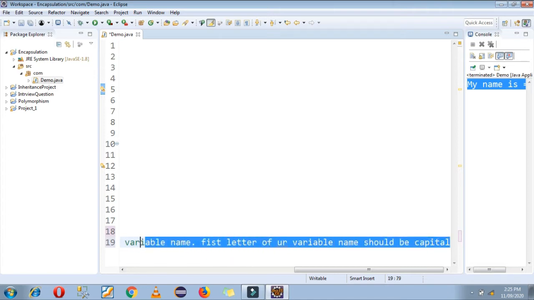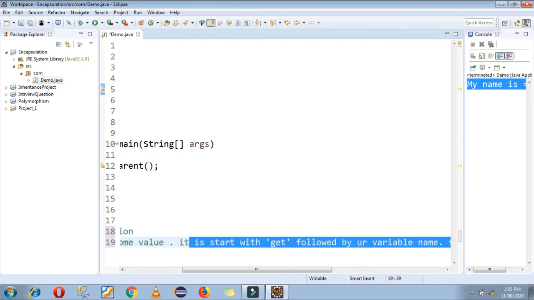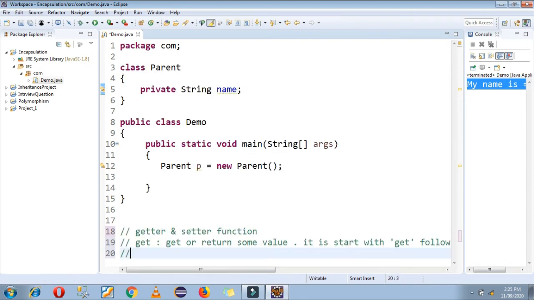That is the rule, or you can say that is the camel naming convention for getter function. Okay, and what about setter?